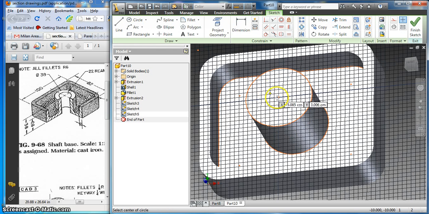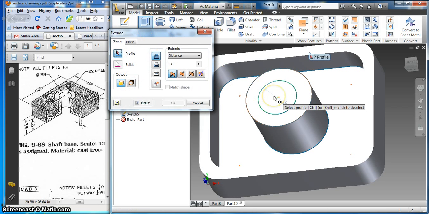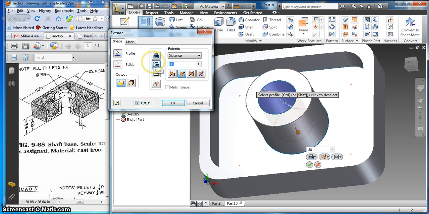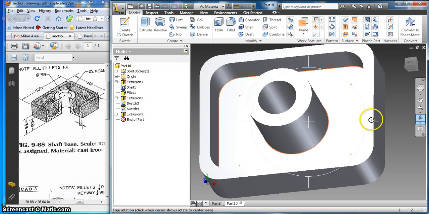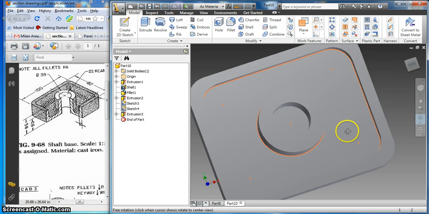On that top face, now it gives me the grid where I want it at. I'm going to draw a circle from the center point, pull it out at a diameter of 22. Right click done, right click finish sketch, I will hit extrude. I want to extrude that circle. I don't want to join it. I want to cut it, which is the second one down here, and I'm going to type in 40 just to make sure it goes all the way through the part. And now what this created is that hole going all the way through the part. So when I flip it around, oh, I don't see that hole there. So 40